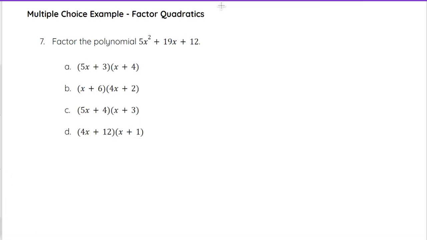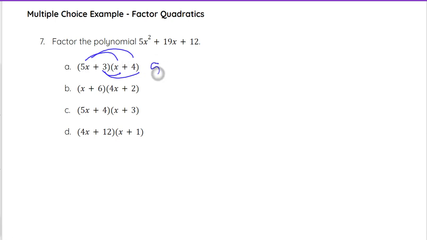Okay, so let's go ahead and take a look at an example of multiple choice, asking you to factor a quadratic expression, but how we might actually be able to just use those answer choices to rule out or eliminate some answers and maybe not even have to factor ourselves. So if it's a multiple choice problem where it's asking you to factor, remember that this is just the opposite of distributing. So I could sit here and think about, okay, if I distribute this out,